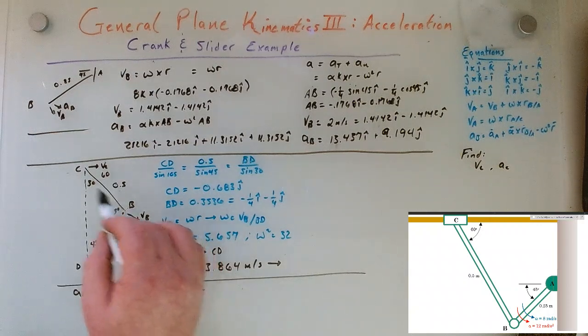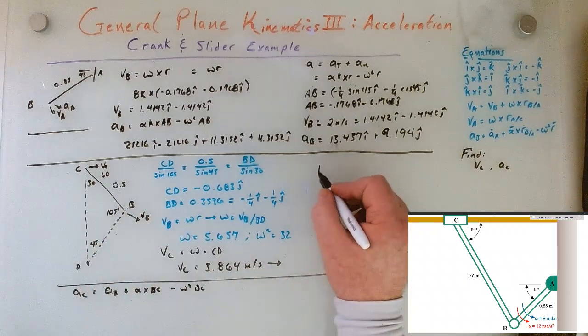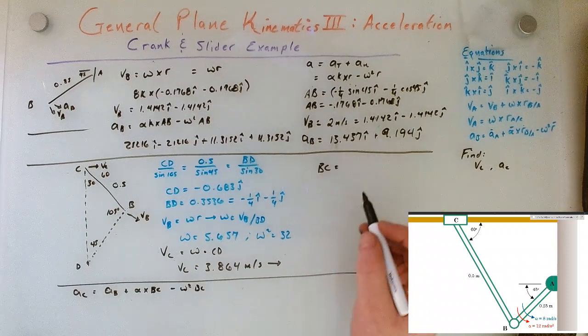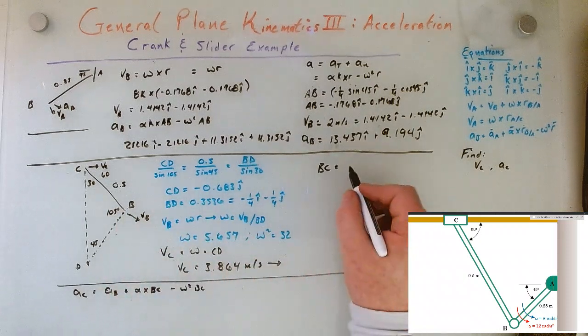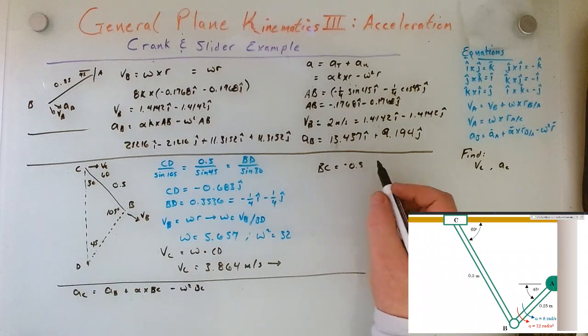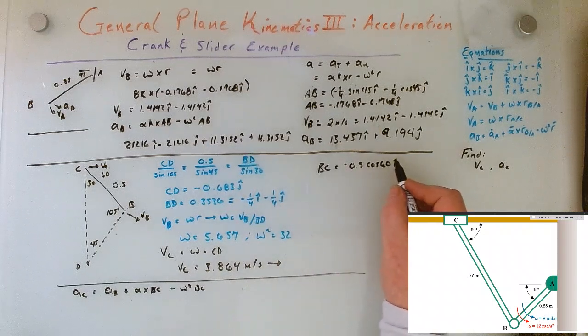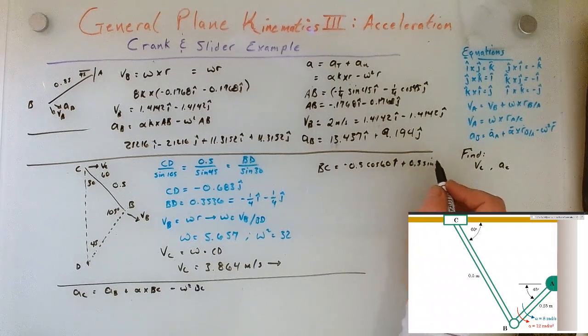BC is from B to C, so BC is equal to 0.5, and this is minus 0.5 times the cosine of 60i plus 0.5 times the sine of 60j,